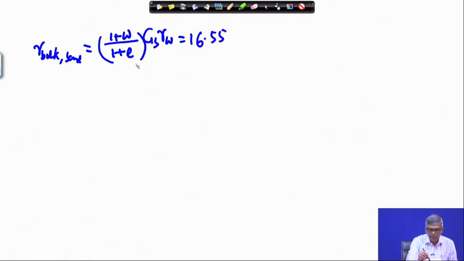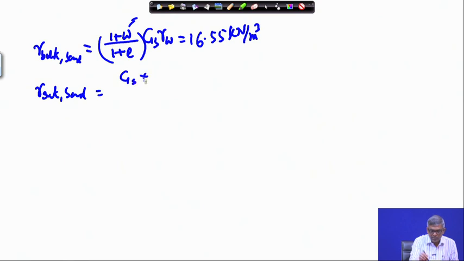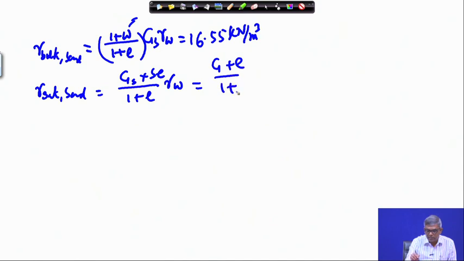E value is given and water content is given. So, if I put all those, the unit is also important, 16 kilonewton per meter cube. And then gamma saturated sand, that is actually we can say we have (G_s + S·e)/(1 + e) gamma_w is the formula. In this, if I put S equal to 1, then it will be (G + e)/(1 + e) gamma_w, and that it will give you